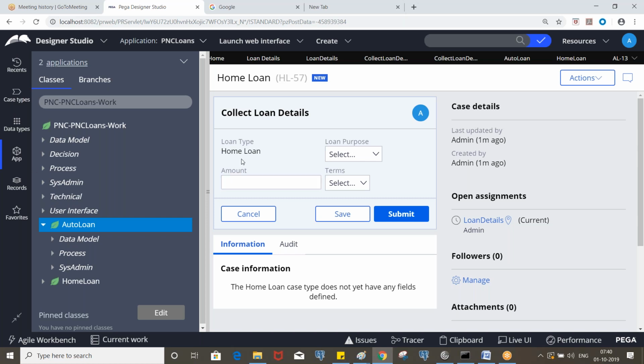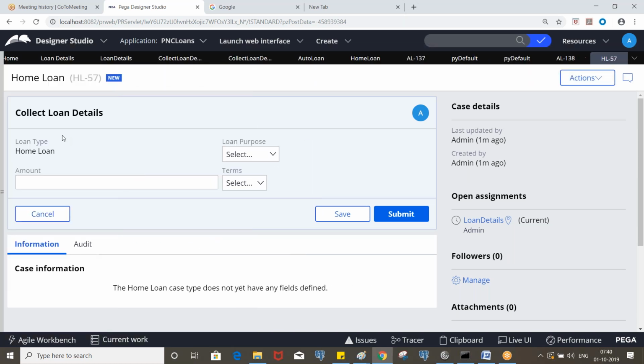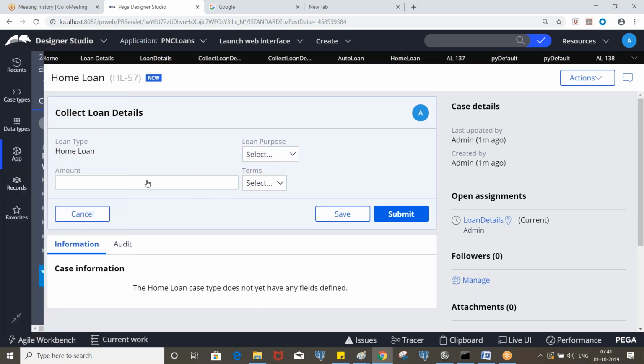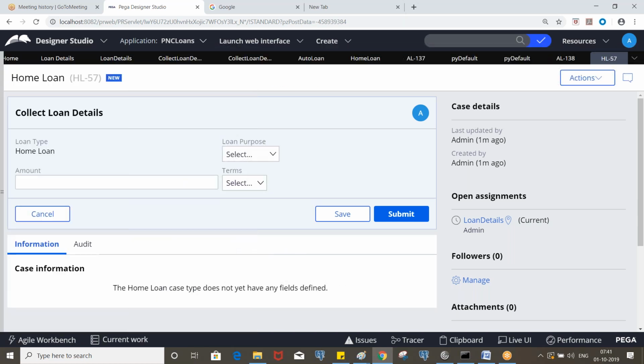Okay, so here we can identify through this one, but this is in the second screen, right? Before executing this screen, I want to determine the type of the loan. Okay, but since we are setting it here, this is also fine. Whenever you execute a flow, you will see that the auto loan value will be assigned to the loan type property. In real-time applications also we use the same rule. Okay, thank you.